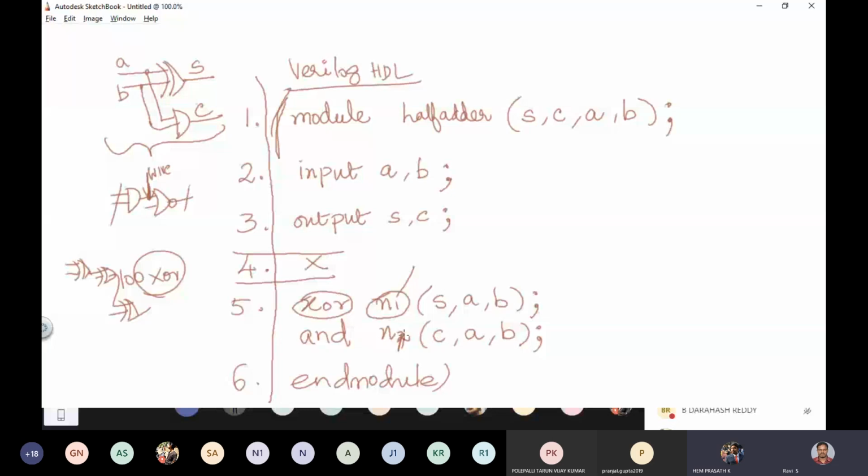Whenever two or more AND gates are there, then you have to give the names N1, N2, N3, N4. Even this instance name is not required for a single gate. Without this instance name also it will work, but for better practice, always use an instance name. That will help your coding.